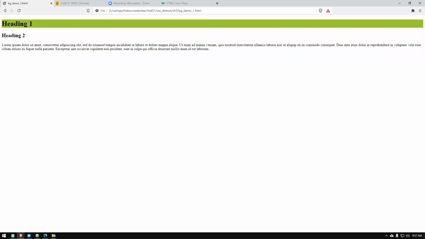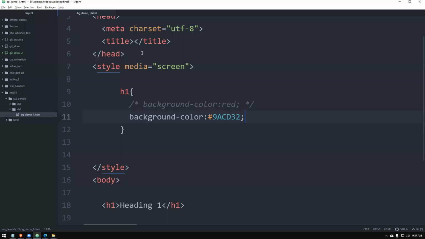You can also see there are some default margins. From your left side there are gaps, from the top there are gaps. If you want to properly do it, you have to wait for that. I will teach you how to manage those things. So just the background color I did.